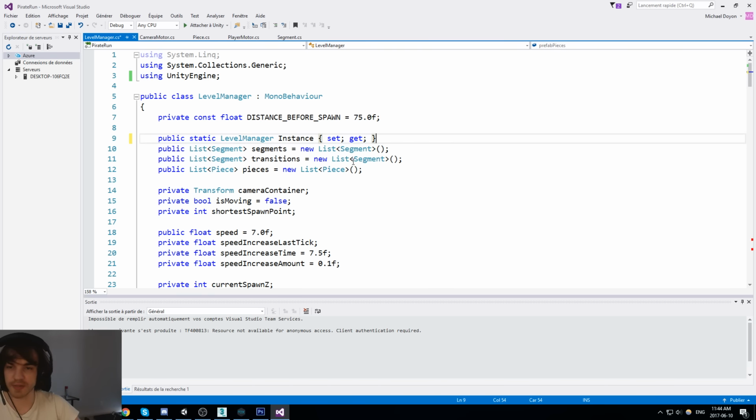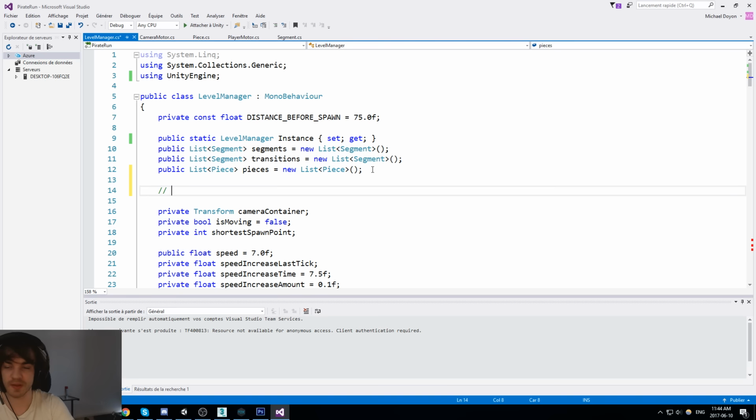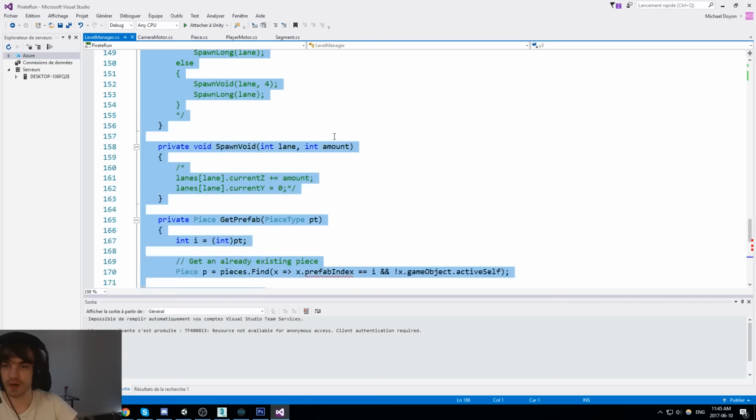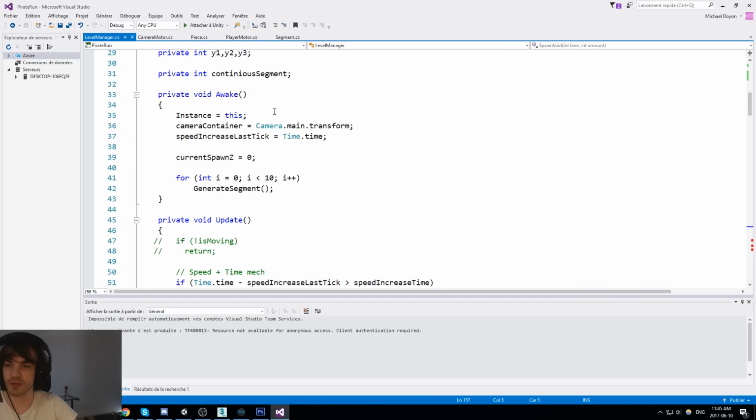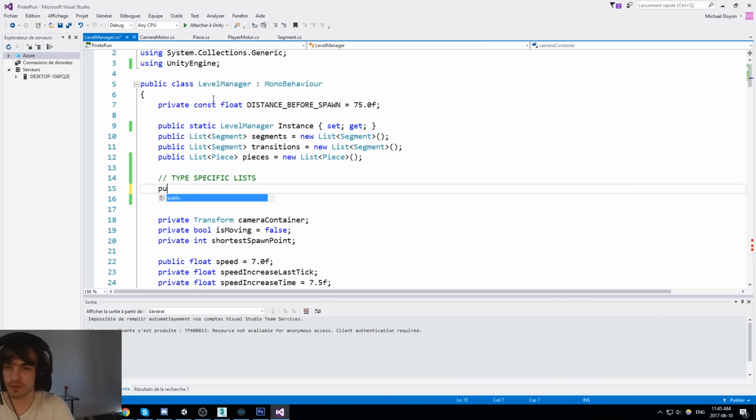So maybe get rid of that. Type specific list. I know I'm coding like a dumbass right now, but we have to at the moment. Public lists, because I don't want to spend too much time in coding. We said that we're going to be doing some assets. This would be, say, the long list.